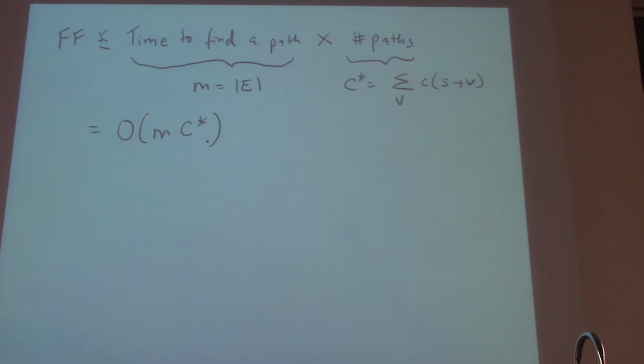Yes? So on a computer, even if we did use real numbers, since we have finite precision, would it still be guaranteed to stop at some point? As long as there's a lower bound on the amount of flow you push, which in a finite precision world will be true, yes, you will stop.